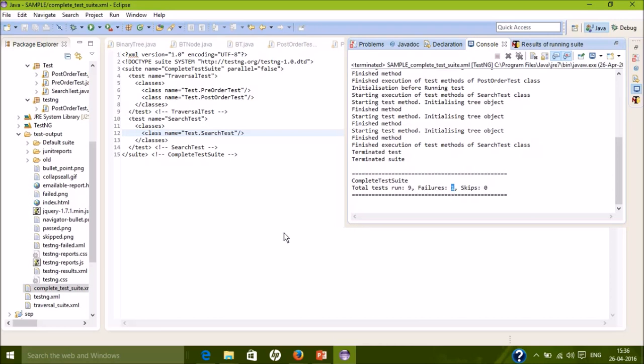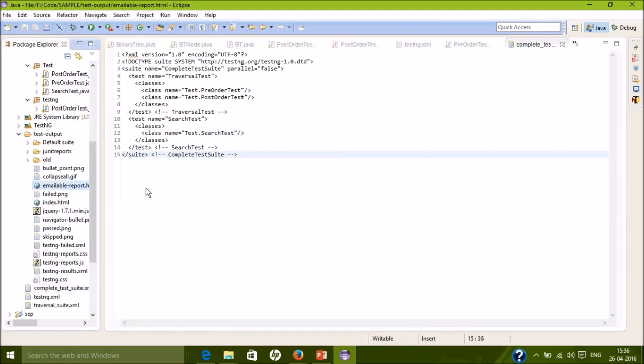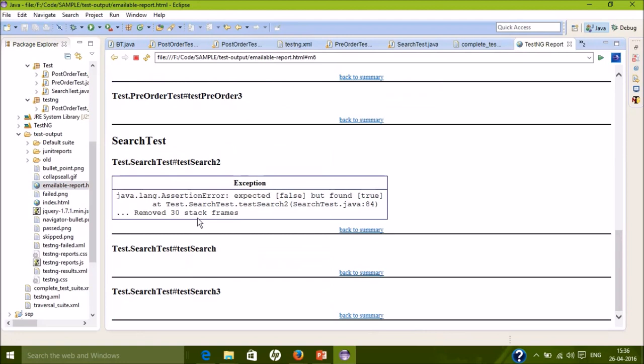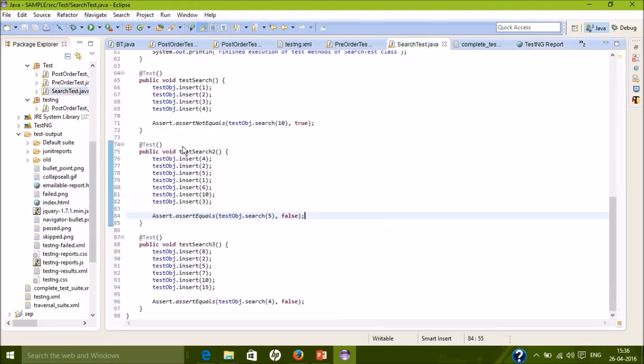So let's look at the emailable report. Here we see that the search test failed. We can click over here, and it says that assertion failed. So let's look at what our search test method was, and it is testSearch2.